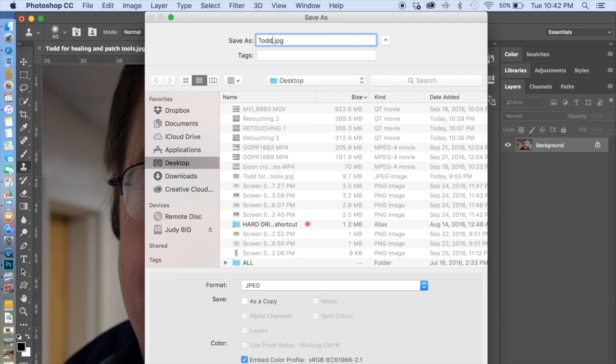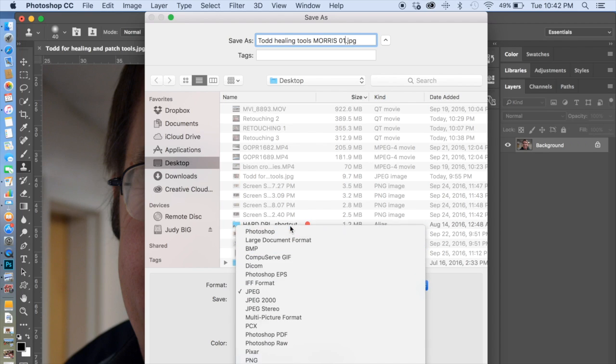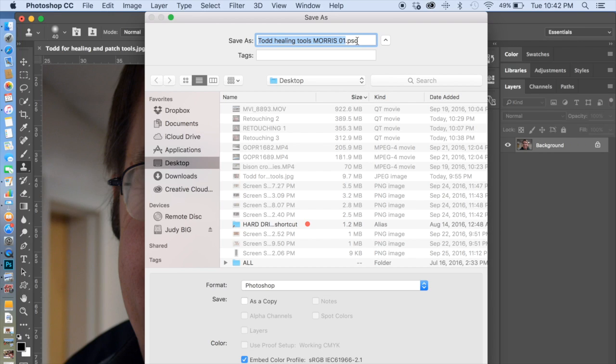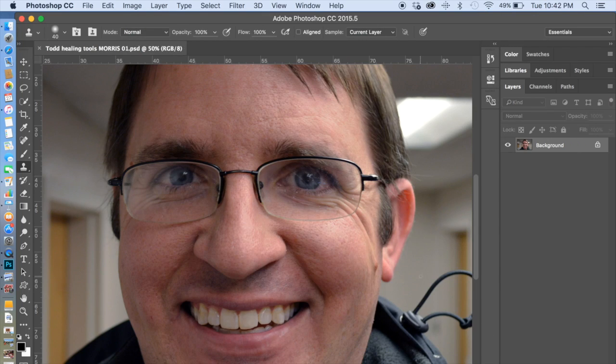Todd Healing Tools, my last name, 01. Okay, I'm not going to save it as JPEG. I'm going to save it as Photoshop so it doesn't compress it. Okay, and you're going to be saving a bunch of these and then sending them to me. Okay, but I'm going to save it as Photoshop, and then right now